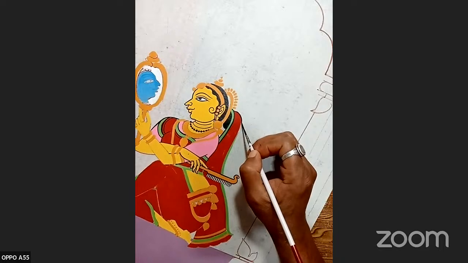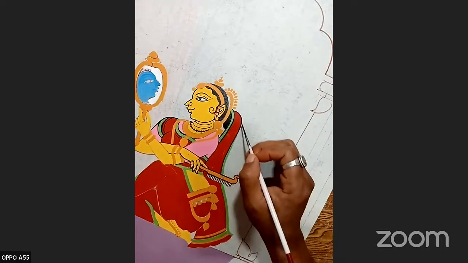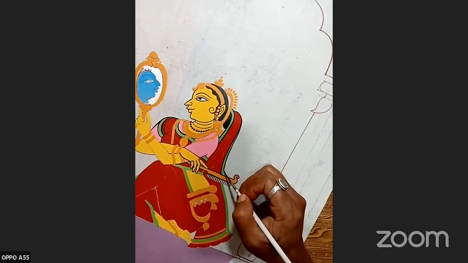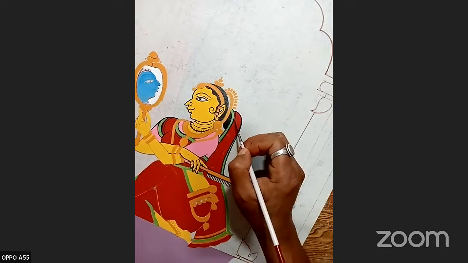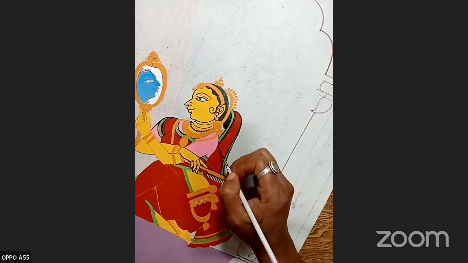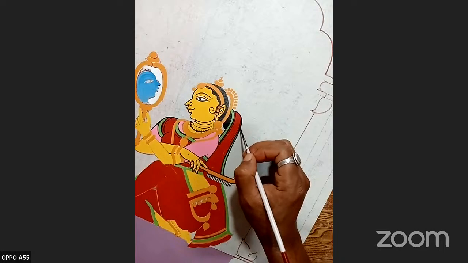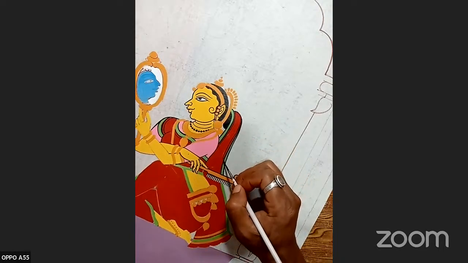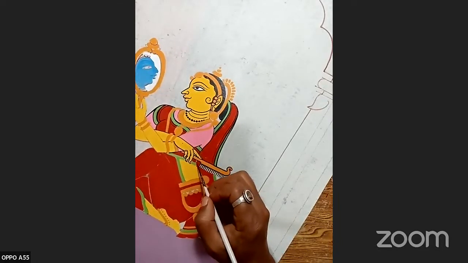Kamiji, if I understand, you're asking about how we make the canvas in Pattachitra, isn't it? If that's the question, then of course that needs a very detailed workshop by itself, as it's a very long process how they make the canvas, and it's not done in 1 or 2 days of workshop. But in future, if we do that, we will obviously let all of you know,